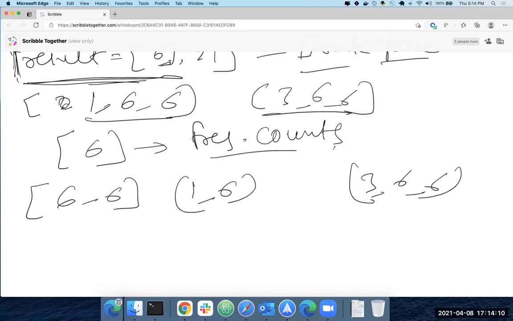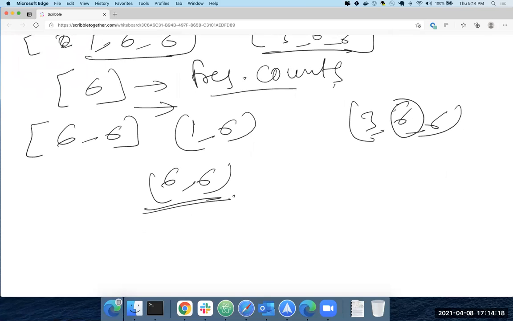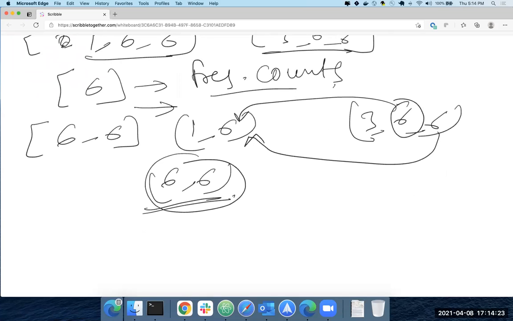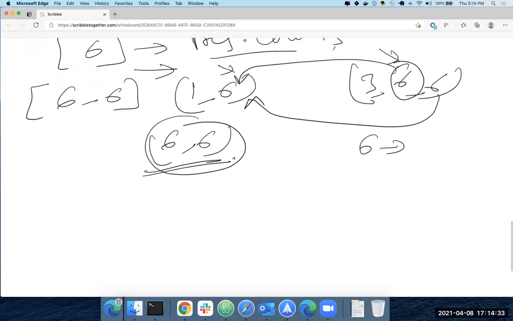If you use the hash map, you'll still get 6 twice, because you check for 6, it is there. You check for 6, it is there. So you add it twice. Here 6 happened twice, so you need to keep track of the count in both.